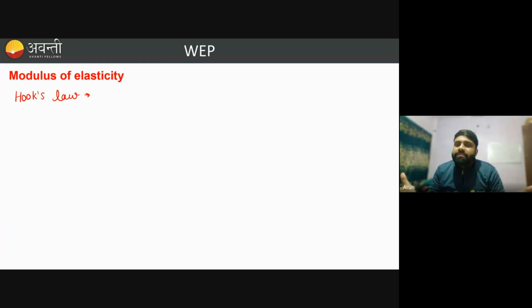But when we remove these forces, the property of elasticity says that it can regain its shape again. So Hooke connected the dots and related the change in length or change in any dimension to the stress applied. Now, Hooke's law says that